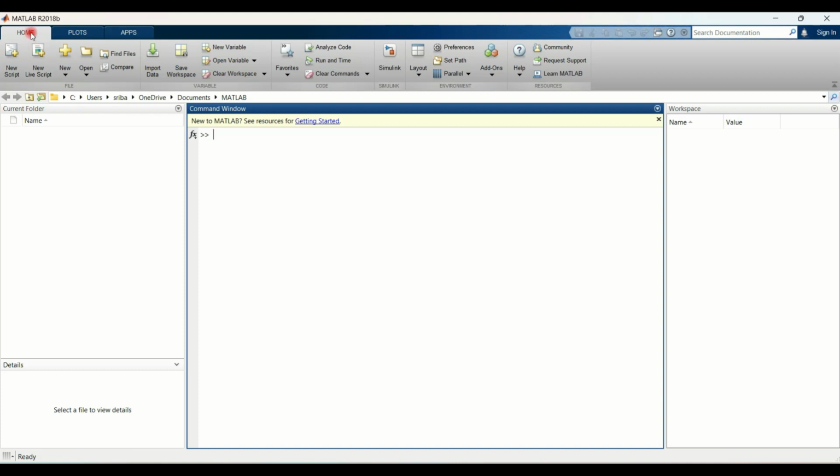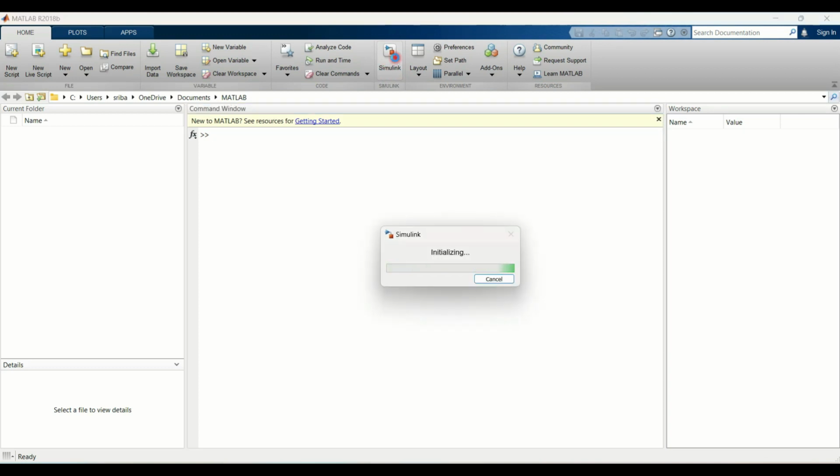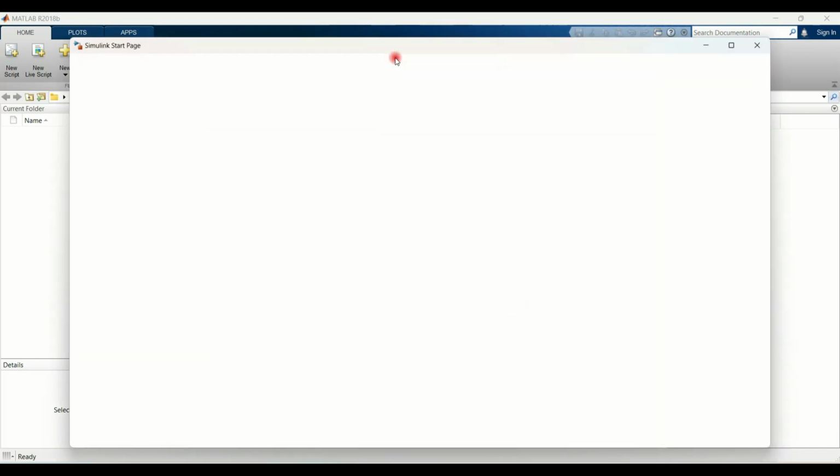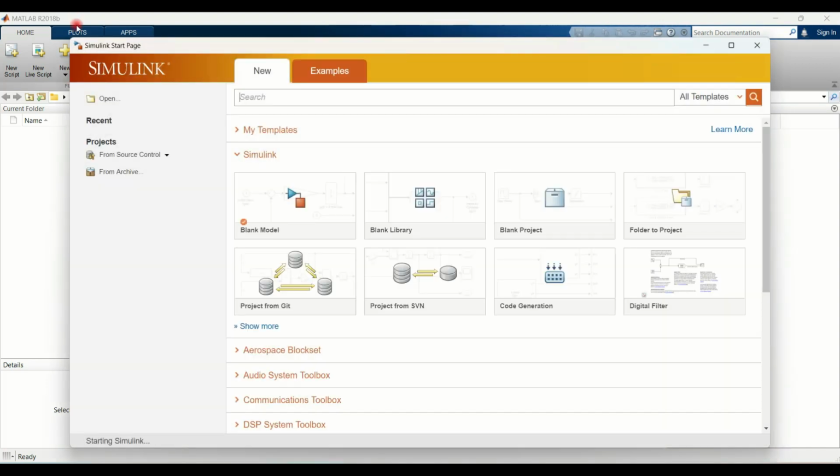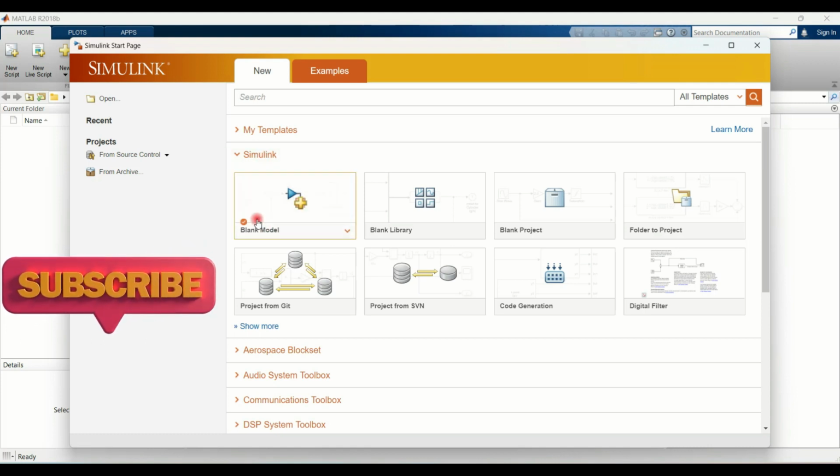Now at the top of Matlab we see various tabs: home tab, plot tab, app tab. In the home tab we can see the Simulink option. You click that Simulink option, and it opens the Simulink start page. In that start page we have various templates. Here we have the Simulink start page. We have various models of